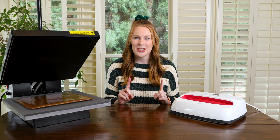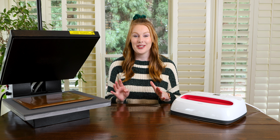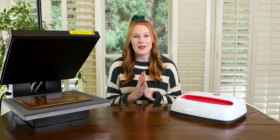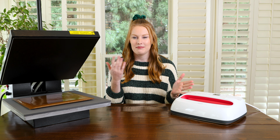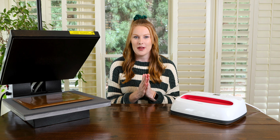Your number one question when debating on which one to get is going to be price. And actually they are so similar in price. They're like $5 different. So there really isn't a price differentiation in your decision making, which is mind-blowing,